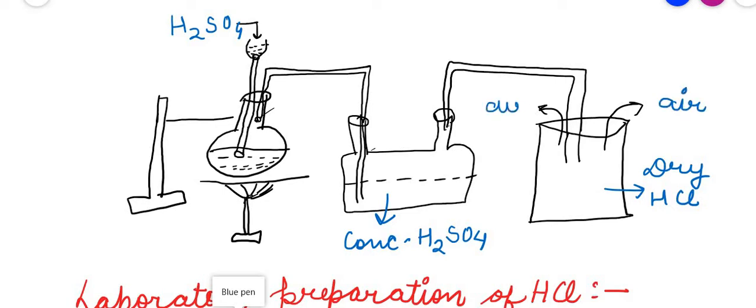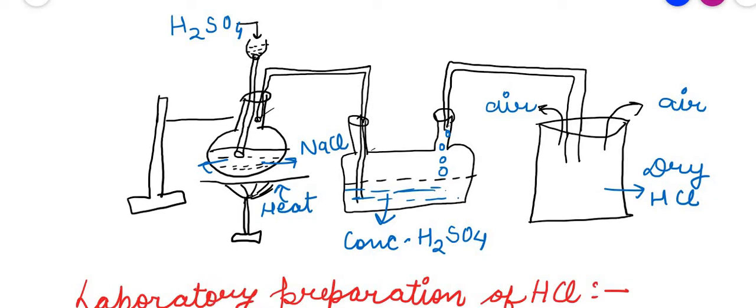Here is the presence of air, because it is present in the open form. Bubbles are forming for the HCl gas, and the bubbles go out onto that, and that thing present is your NaCl. Some amount of heat you are providing from downwards. So what have we done here? Nothing special, we are just placing